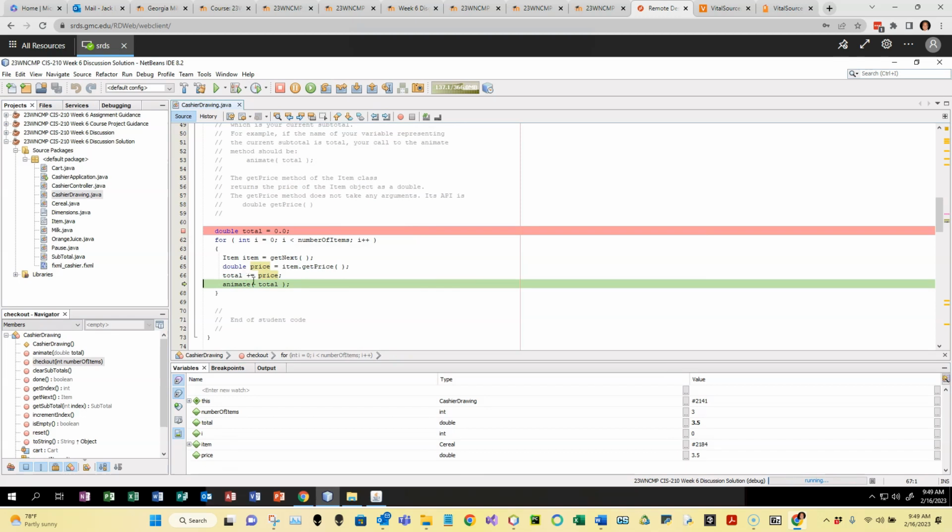Now that we've got the new, let's call it subtotal, this is the first grocery item. We're going to call animate because it told us up here: once you have that total or subtotal, call animate with that value. This is going to tell the GUI to display something. That's what all these animate calls in the textbook do. It's just so that we can see the GUI doing something and go, ooh, ah, okay? So when I hit 67 here, it should do something on the GUI,